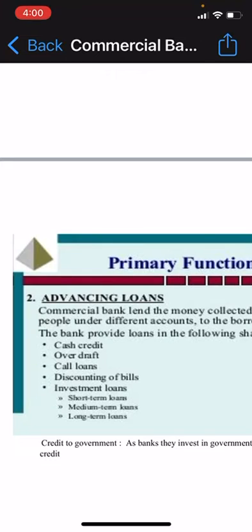So what the bank does, for example, if A and B are there, A has drawn a bill, B has bought something from A and is supposed to repay some amount, and B has promised that in 3 months I'll give you back that amount, and a bill is made. Now A wanted that amount before 3 months. What A can do is go and give it to the bank, and the bank will give that amount, let us say some 1 lakh rupees. But now the bank, because it is giving this service, will charge